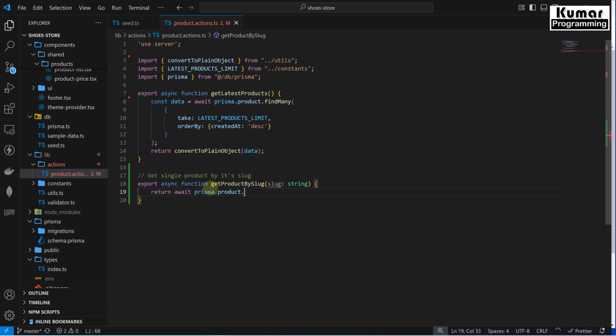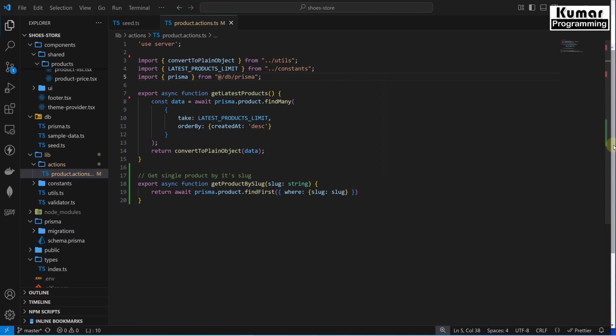And then dot find first, right? Because we are going to have only one record, right? Find first, and inside this we are going to pass where clause, because we are writing our Prisma query, right? And in this where clause we are going to pass our slug. That's it. Now our function is ready, and we are going to use this function inside our product detail component,